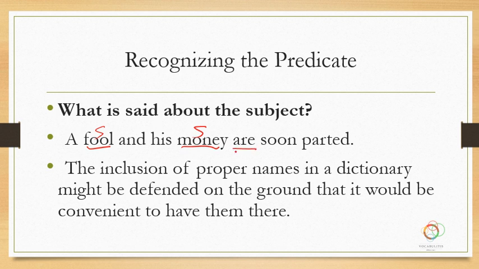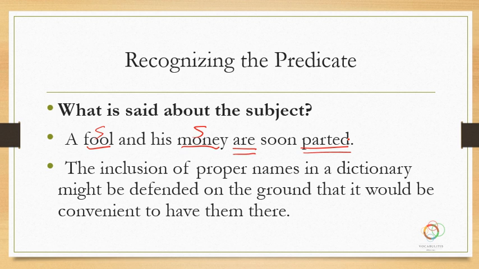And you might find are as your main verb. In this case, the parted goes along with it. Okay, we'll have to say this is a passive verb, and that this is the be verb plus the past participle, which makes it a passive voice, and we'll talk about that later. Let's look at the next sentence.